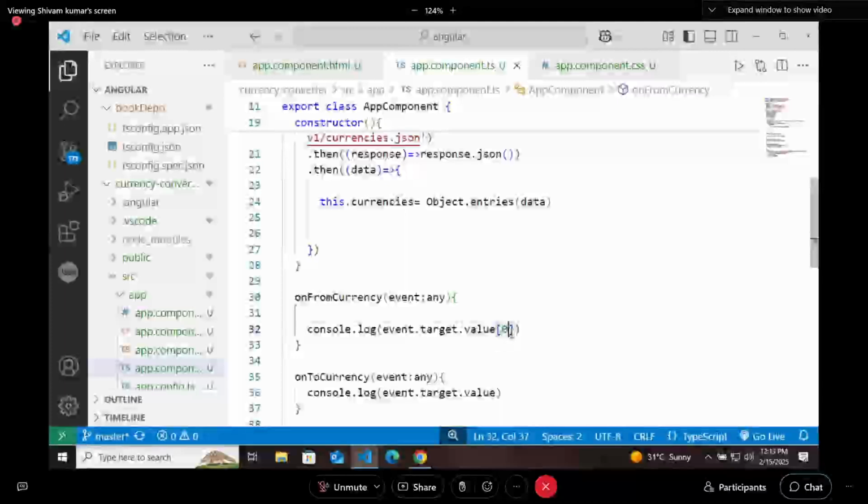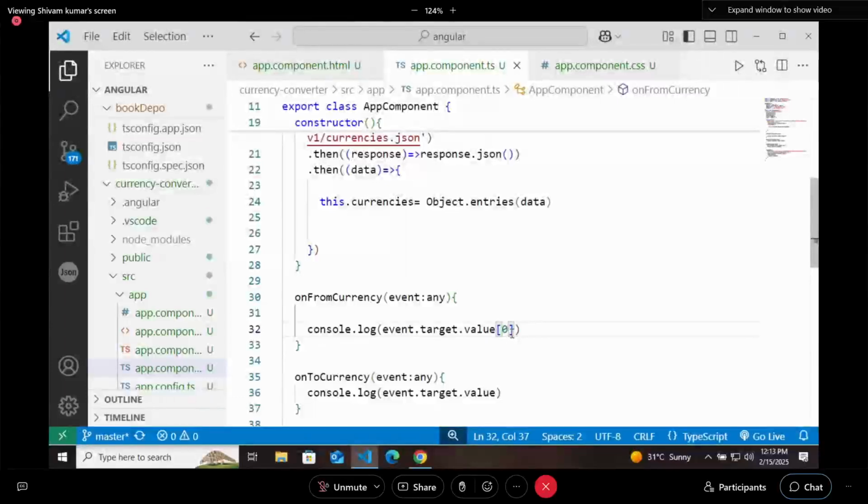I want to take the key only. How will we split that value? All this logic is from JavaScript, normal JavaScript.